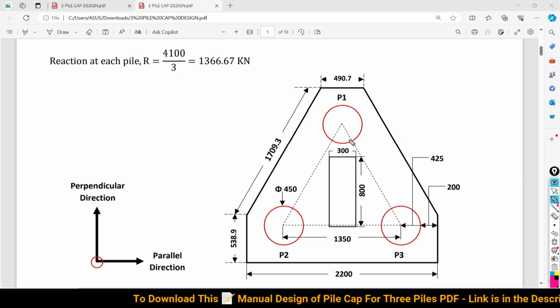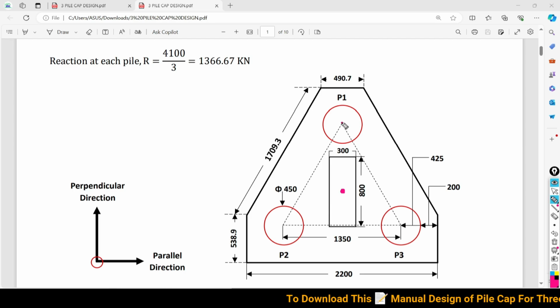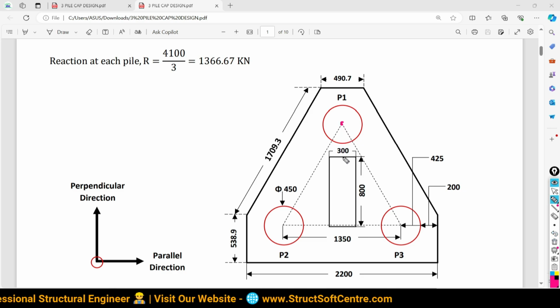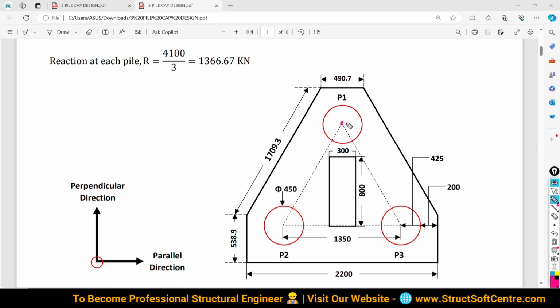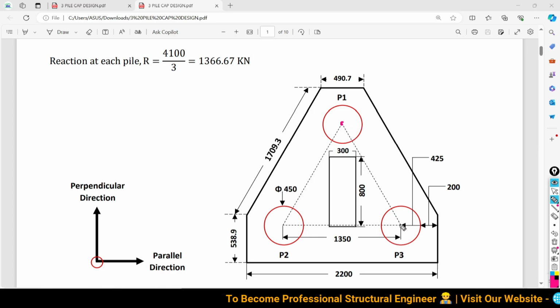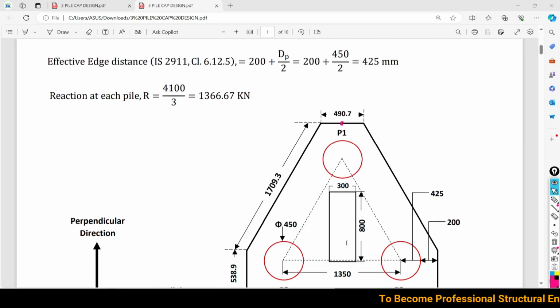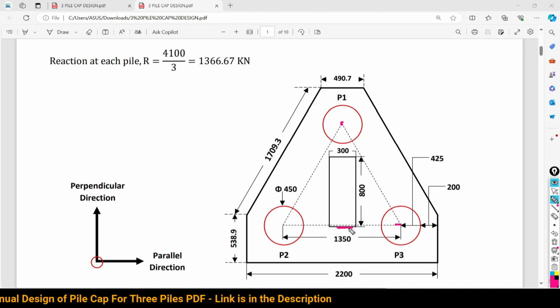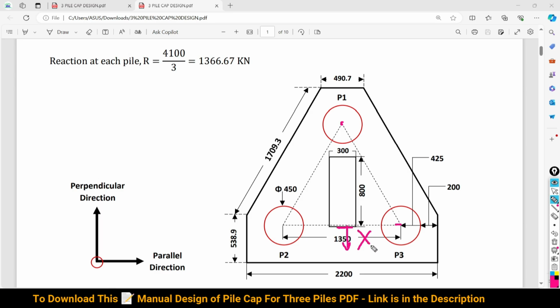Try to understand this. Basically this is the center of the column, and we have to calculate this distance from the face of the column up to the center of the pile. Each pile, P1, P2, P3, carries the same intensity of reaction; only the clear spacing from the face of the column up to the center changes. So we have to calculate the moment by considering this pile or this pile. If you look from the bottom side, the face of the column is outside of this center line. The center line of the pile is coming inside of the column, so there is no possibility to calculate the moment on this side. There is no consideration for this side.